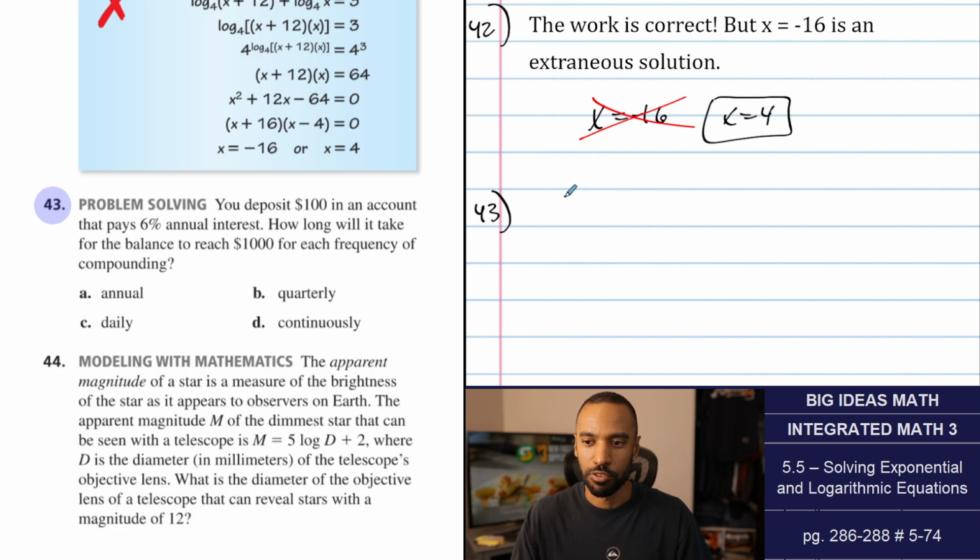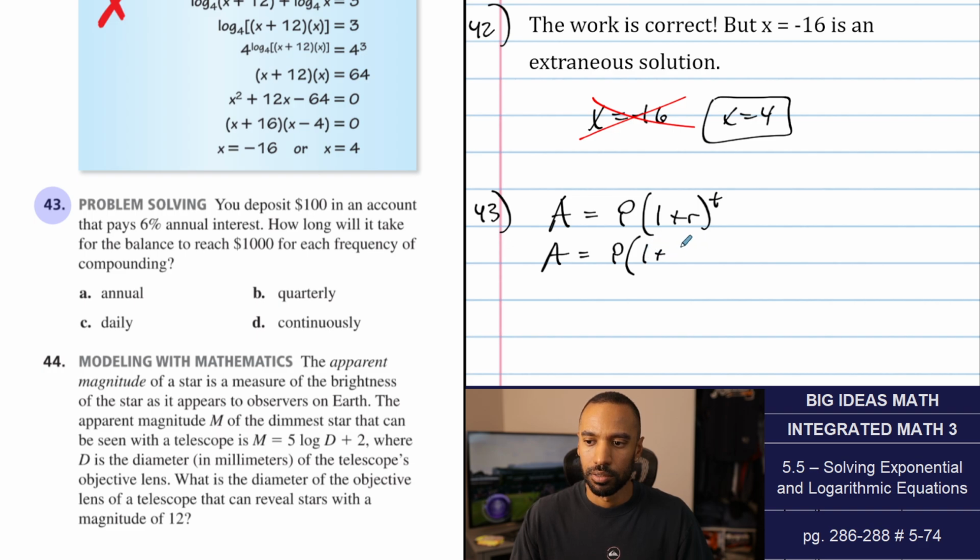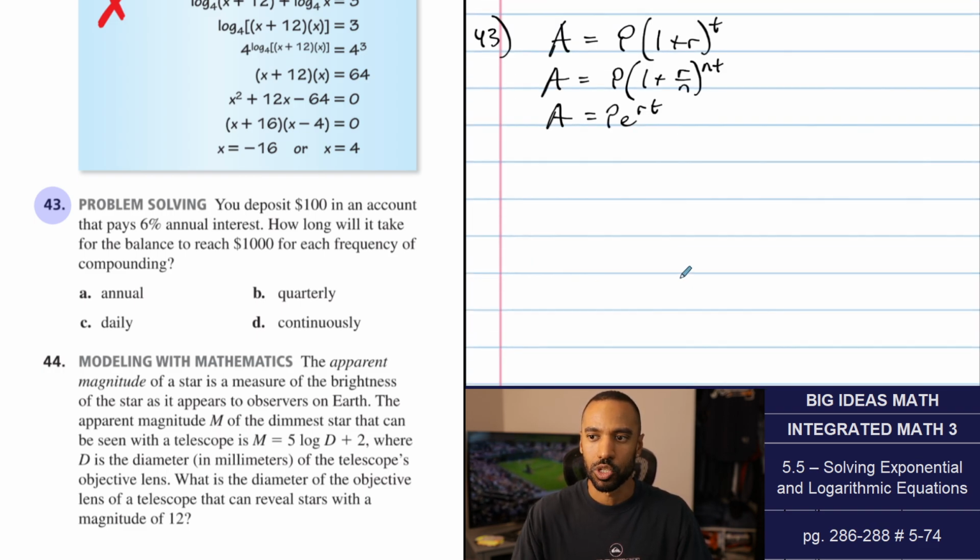All right, there are 2 different kinds of formulas we're going to play with. There's this one for annual compounding. There's this one for compounding based on n times throughout the year. And there's this one for continuously compounding interest. So part A is going to use A. You compound once, so n is 1 in this case. So annual,